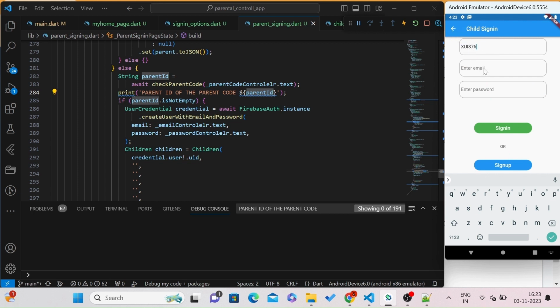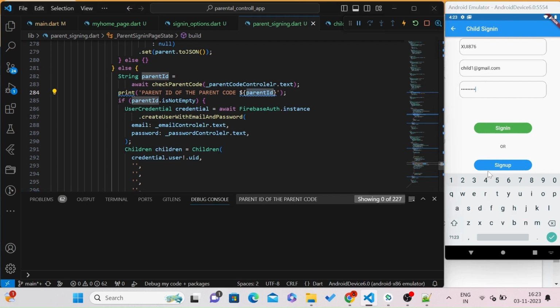Email will be child1@gmail.com, child, I think it should be child@123. Now if I click on the sign up button, first it will fetch the parent ID from this method